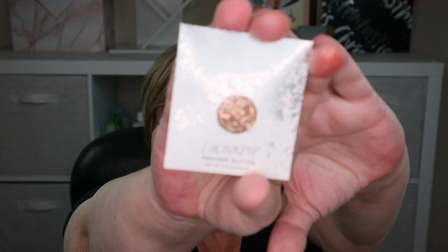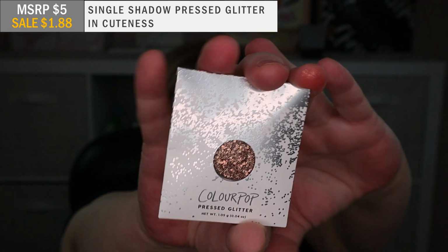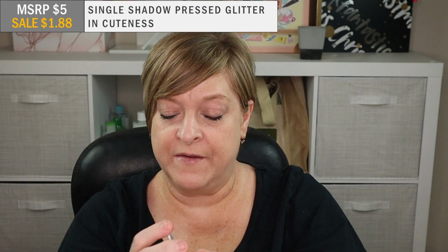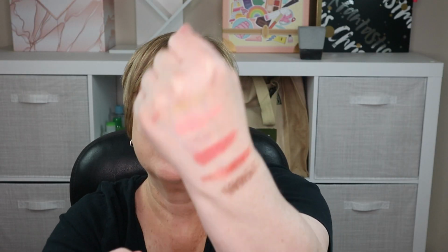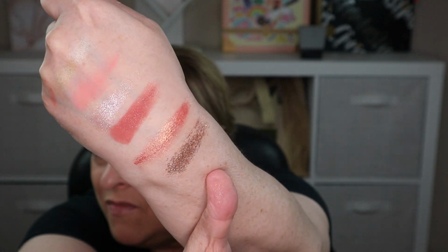Okay, next item. Got a single shadow pressed glitter, and this is in the shade Cuteness Glitters. I would say with this one, you probably are going to need a glitter glue. It is a little chunky, and you will probably end up with fallout if you don't apply some kind of